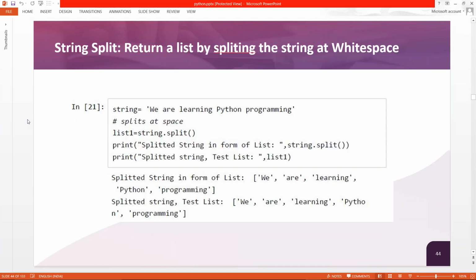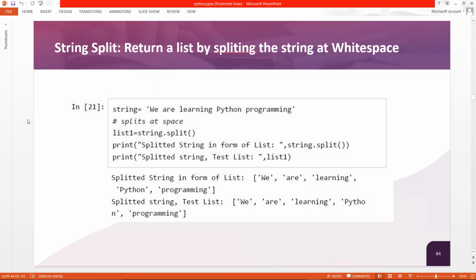Now next we have the split function. This is very important. When we go for long projects and all, the split function is used very much, and most programs use it. Actually what it does is it accepts the data, splits it, and stores it into a list.